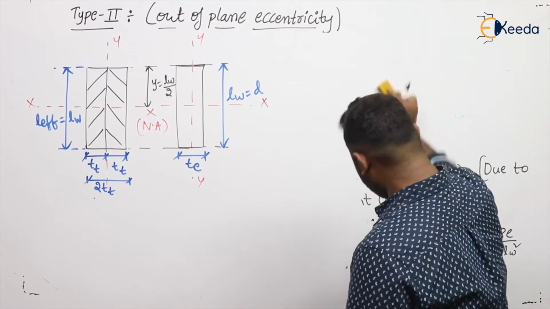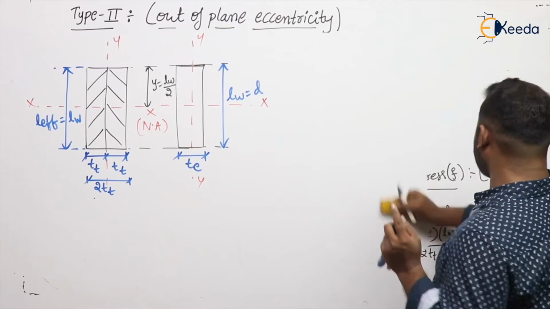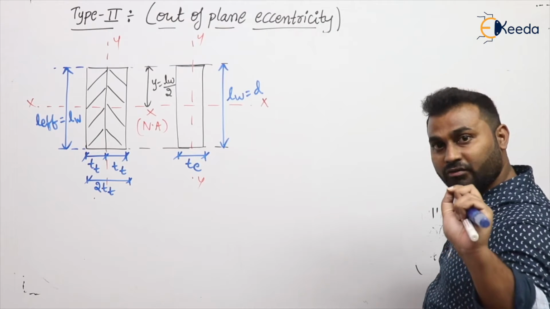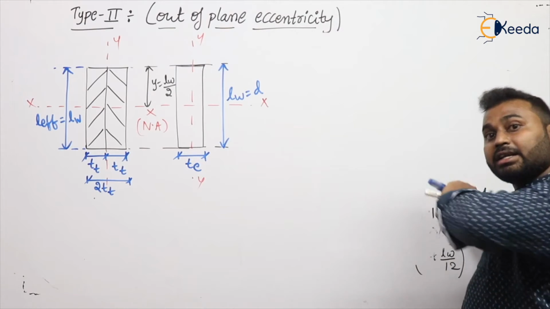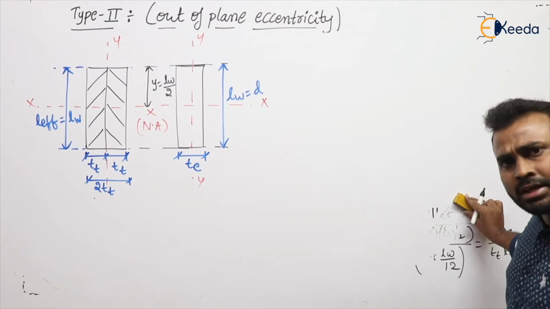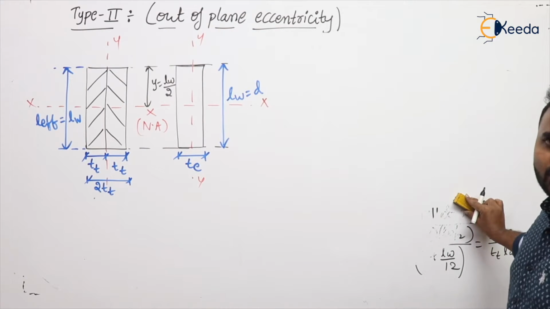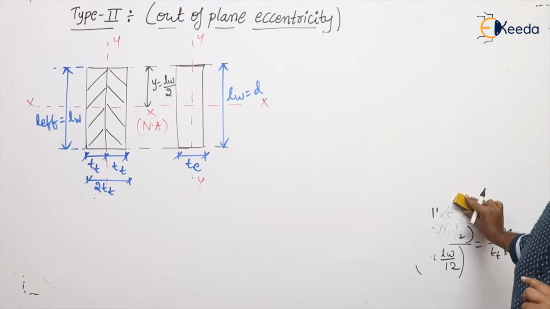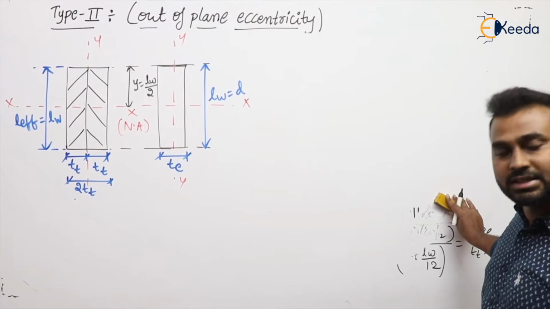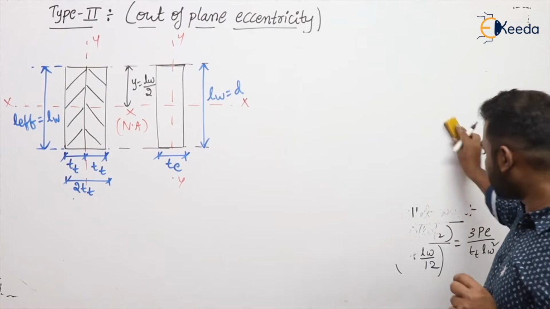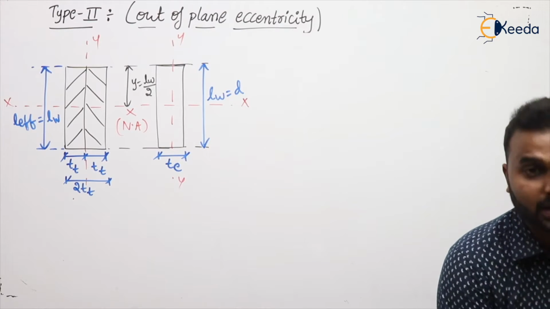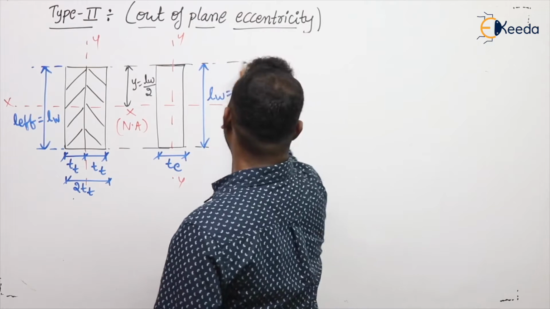bending stress. So this total analysis is based on elastic analysis. It means by making use of strength of materials only, so far we have calculated the stress in the fillet weld because of this out of plane eccentricity. Even in type 1 eccentric welded connection, that is in plane eccentric loading also, we have used concepts of strength of materials, that is elastic analysis. Here also we are going to use the same concepts. And let us see the variation.